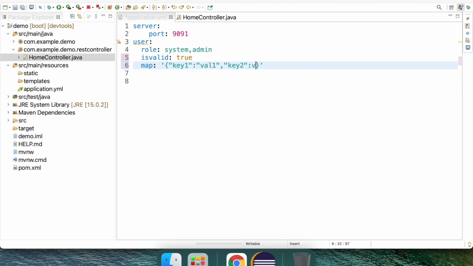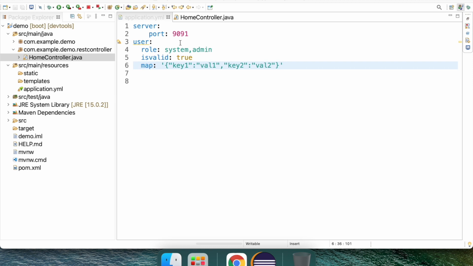So you can have a different set of values. For now I'm having strings, but you can have integer keys and string values. It is up to you what kind of data types to have.